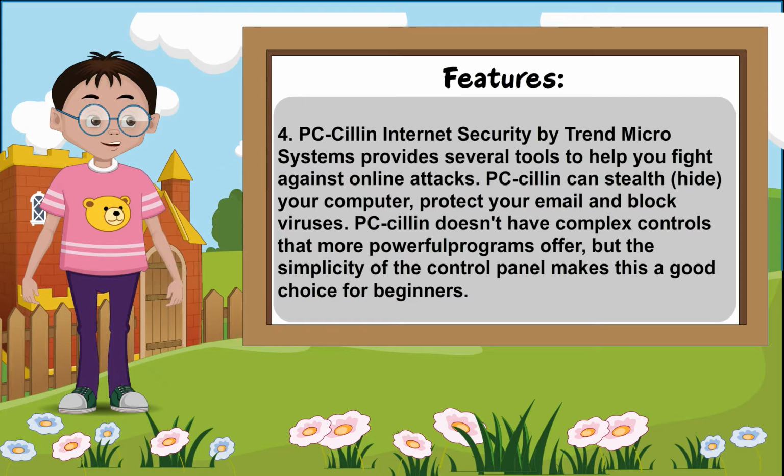4. PC-cillin Internet Security by Trend Micro provides several tools to help you fight against online attacks. PC-cillin can steal or hide your computer, protect your email, and block viruses. PC-cillin does not have complex controls that more powerful